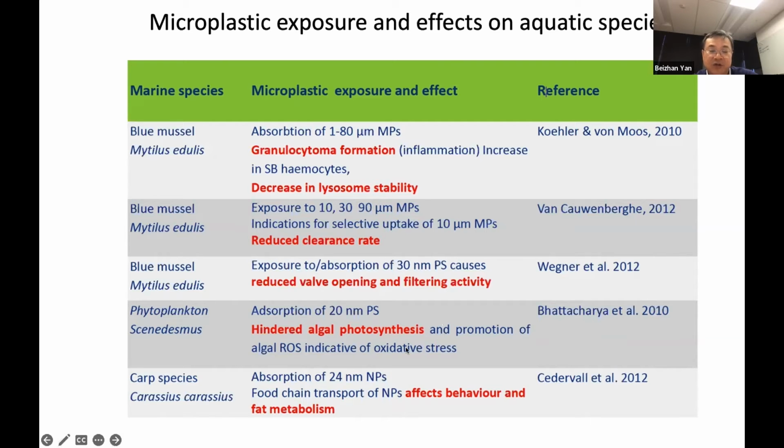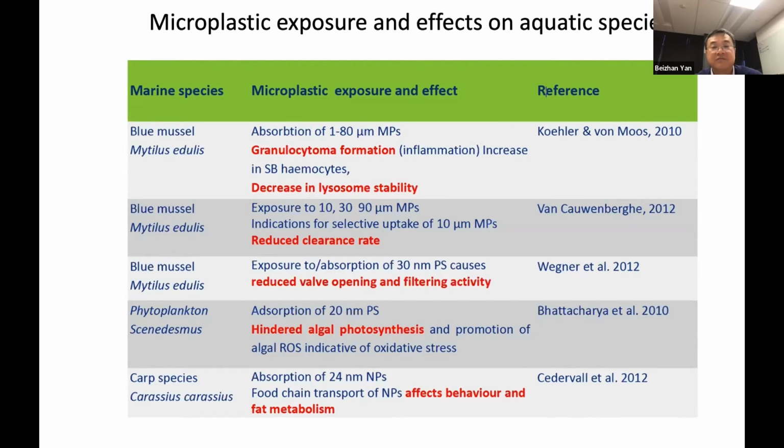It also promoted oxidative stress, because reactive oxygen species increased after exposure, and affected behavior and fat metabolism in many other ways. So those are the ecological problems we are facing, and as Laura mentioned, plastic pollution is everywhere